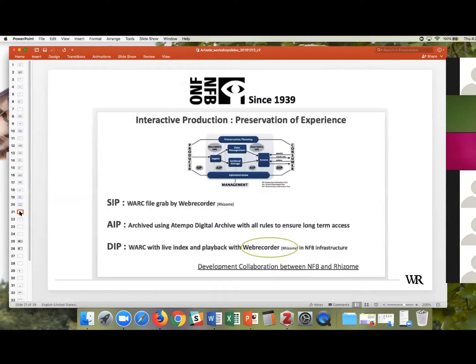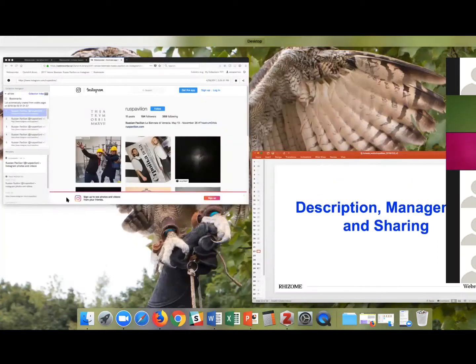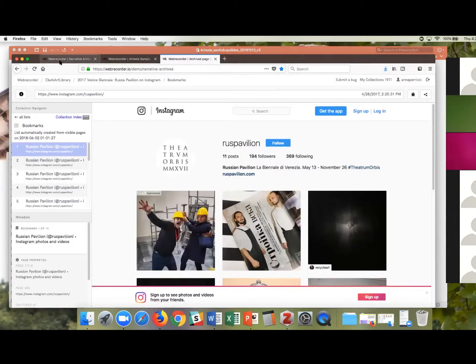I also use this slide to highlight some work we're doing with the NFB, the National Film Board of Canada. We're really excited to be working with them on remote browsers because they have a lot of Flash-based content that is going to be unusable when Flash officially goes away in 2020. So this is just a big diagram of how Webrecorder fits into the whole scheme of things with their advanced media asset management system. We can get into description management and sharing later, but let's dive into webrecorder.io and